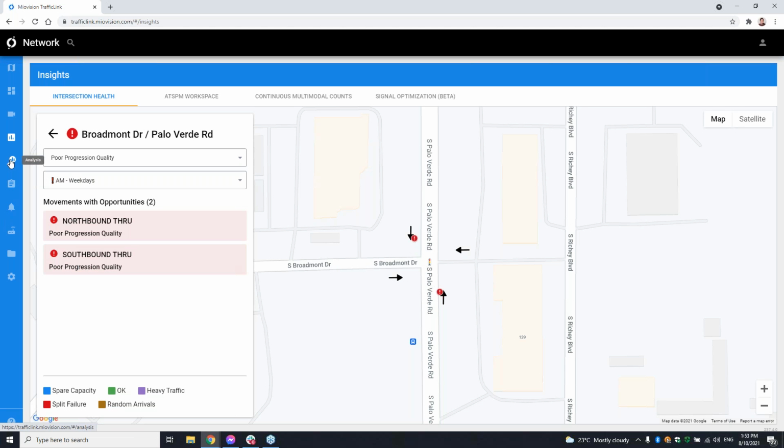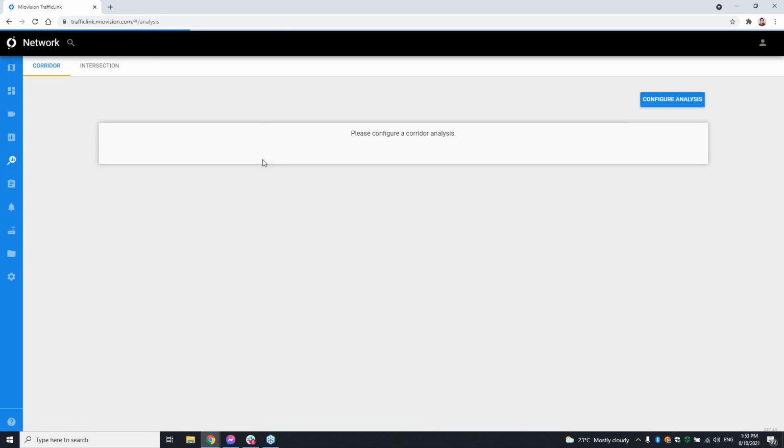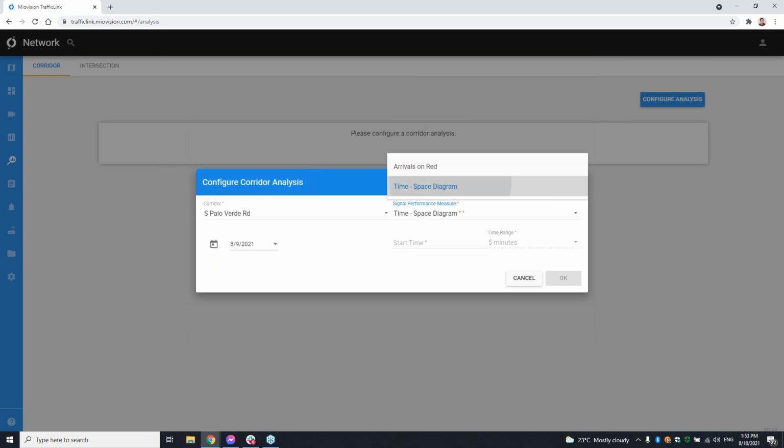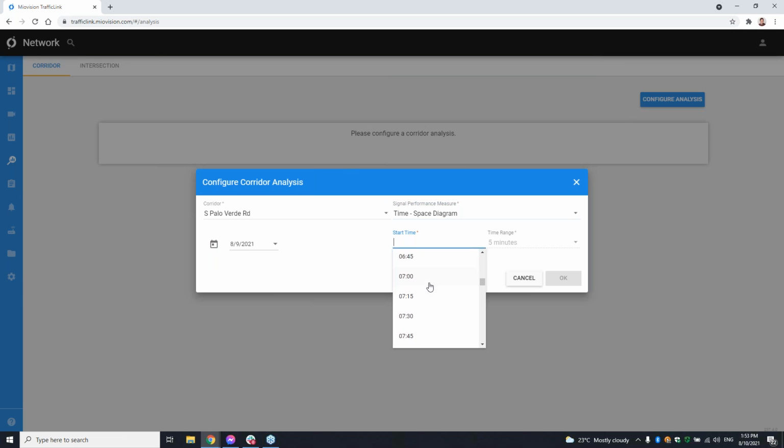So we can take this information and go to our analysis tab. Let's grab that name. We'll go over to our analysis tab where we can even start generating those corridor charts. What's that one? Time space diagram. And we'll just pick a time of day.